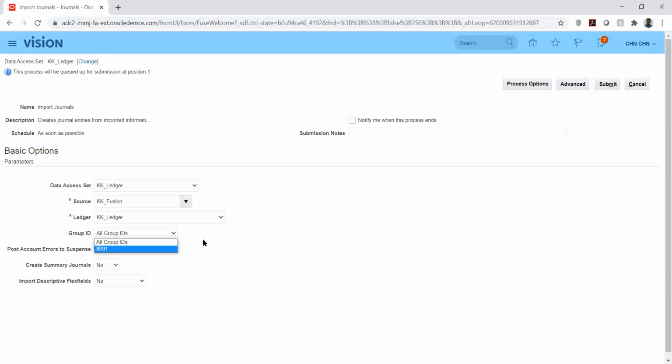See, for example, if there are 10 journals, and 5 journals you are putting under one group ID, and the remaining 5 you can put under a different group ID. So what happens is everything will be grouped as one journal, mostly one journal, not a batch. If I have 10 lines, I can give 5 lines one group ID and another 5 lines another group ID, to make it two different journals.